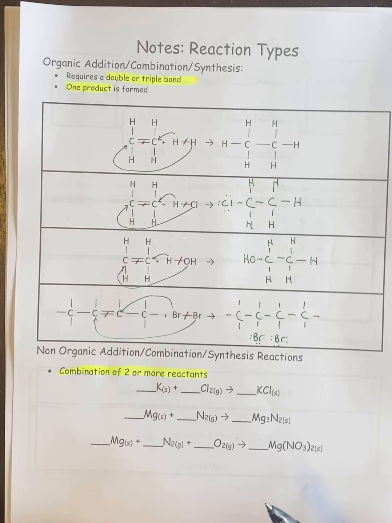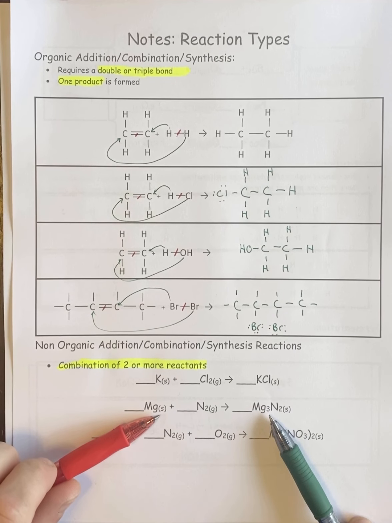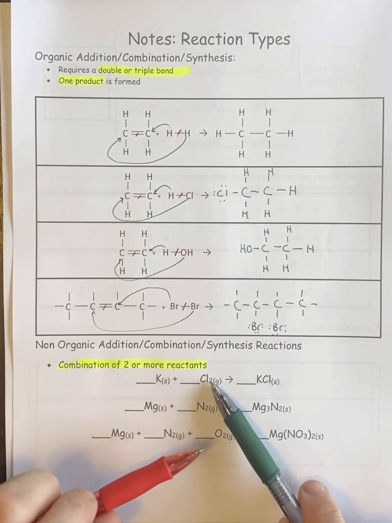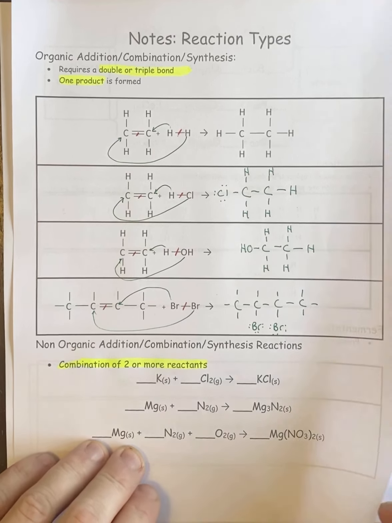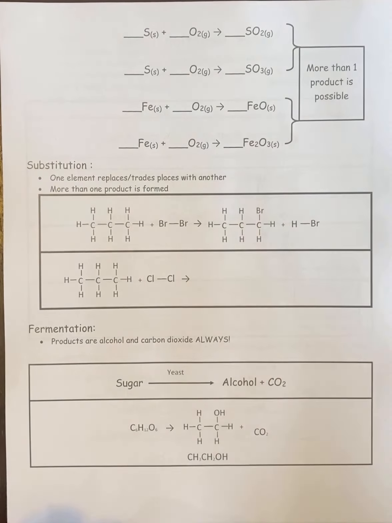Don't worry about the fact that there's 3 Mgs here and there's only 1 here, and there's 2 Cls here and only 1 here. That's what balancing actually fixes. But again, we don't worry about that. We're just looking at the general trend. Is it coming together or is it breaking apart? The next one we're going to do, here's some more